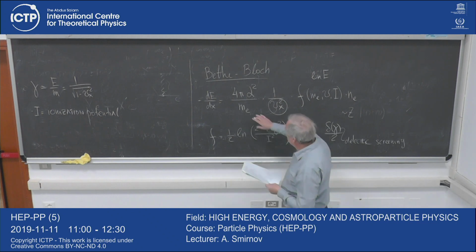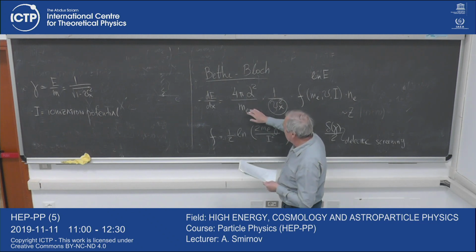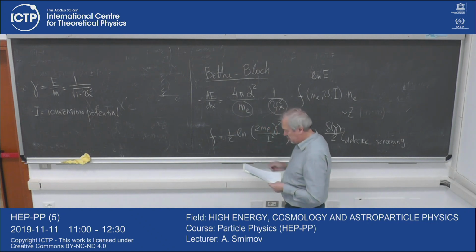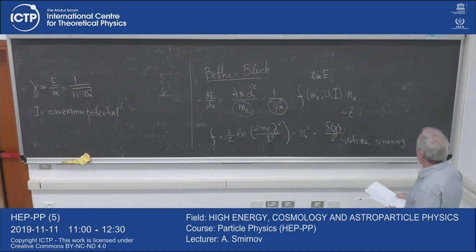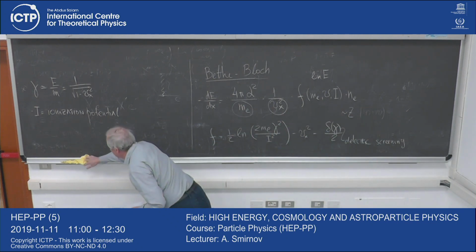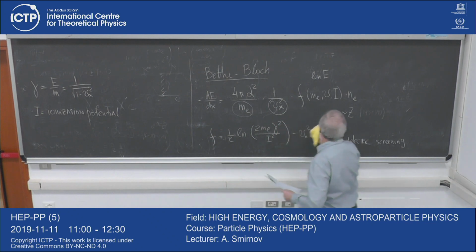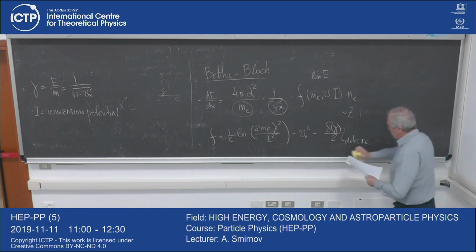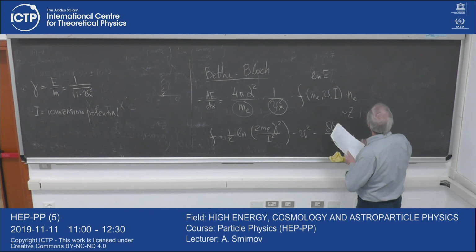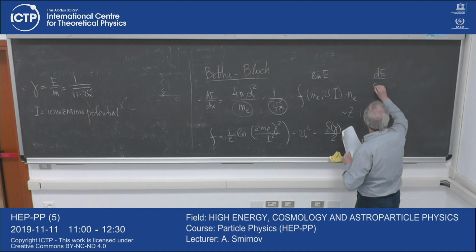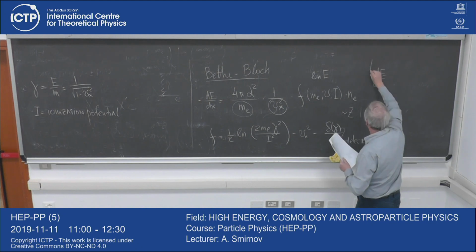So this factor again is the same, and essentially it is related for all particles X, and this is essentially related to Bohr radius. The formula can be derived again on physical ground. Let me give you some sketch of how it can be obtained. dE over dx